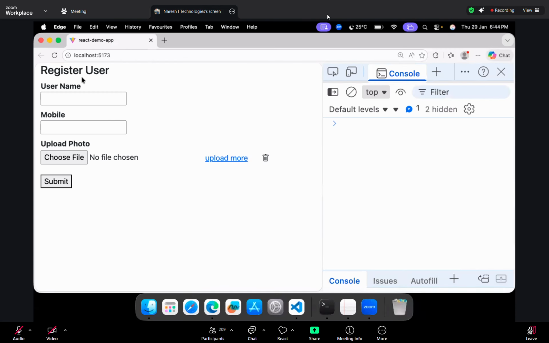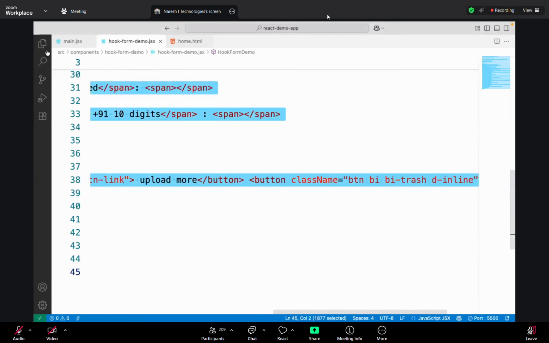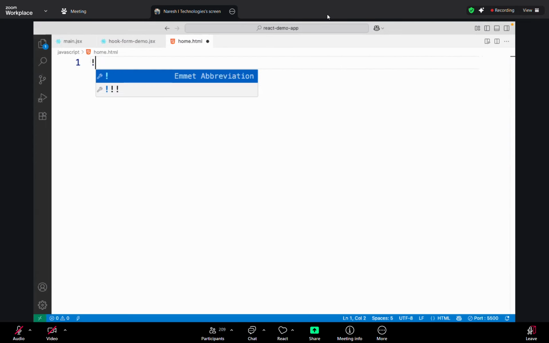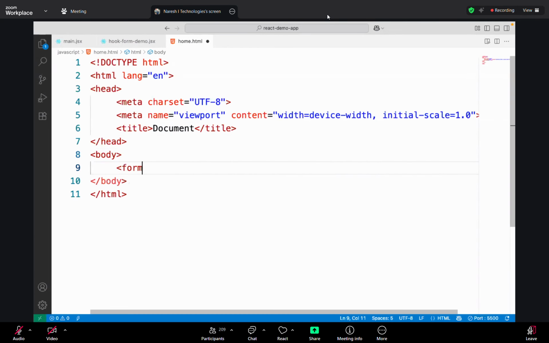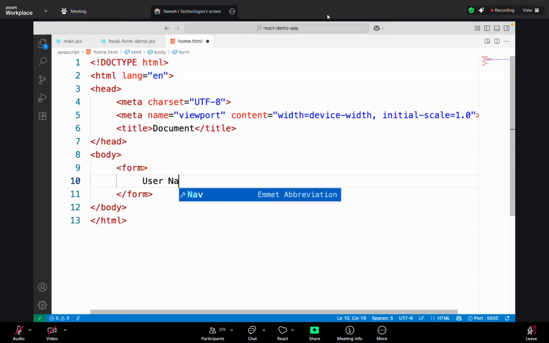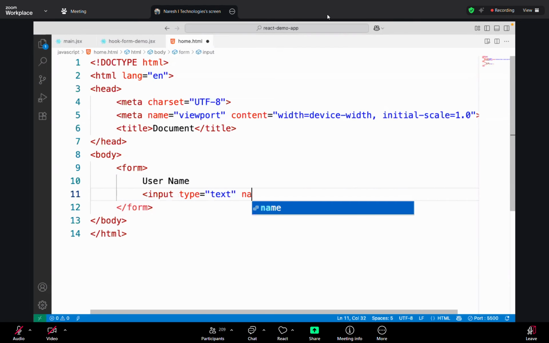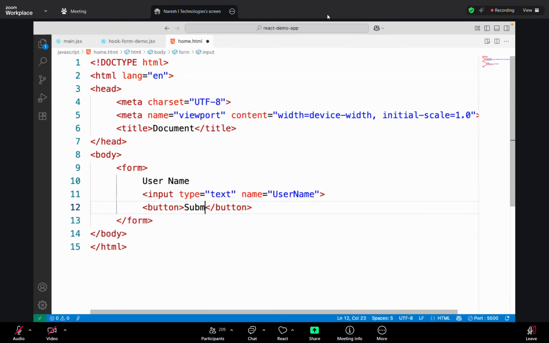suppose we are going to an HTML page. In this HTML page, suppose we have a form with a username, an input of type text with name username, and a submit button. Now observe carefully, I am giving the form method as post. Later we will submit it to a server somewhere. Now you can see